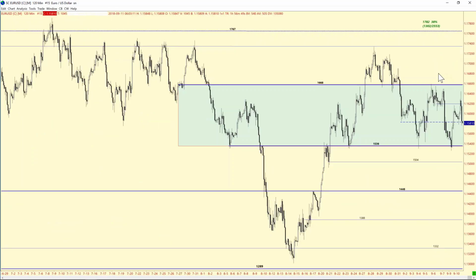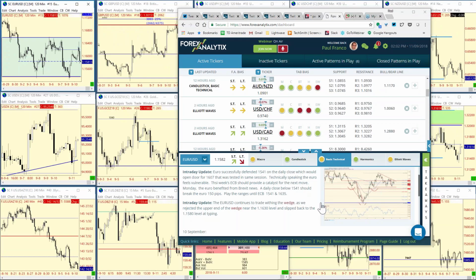Obviously came in today, and look where we're at right now. We're at 1580. And the high this morning, I was saying, hey, play the ranges, and here we are. There's a high, 1644 and a half, and we were saying, just play those ranges up to 1635. Right now, we're at 1581.